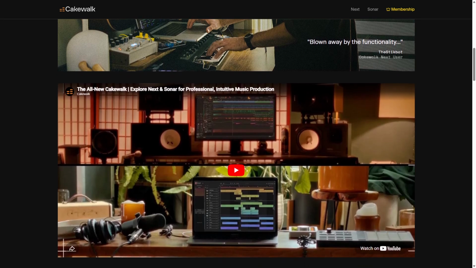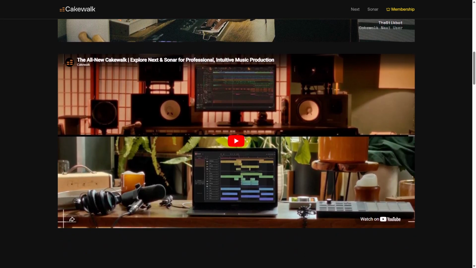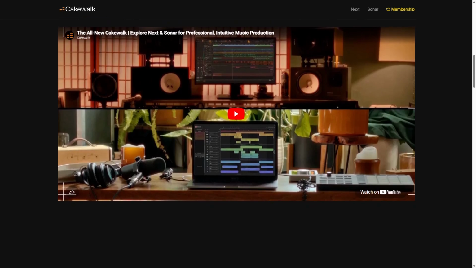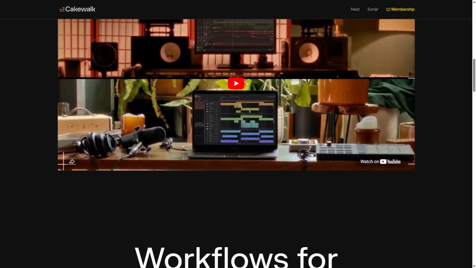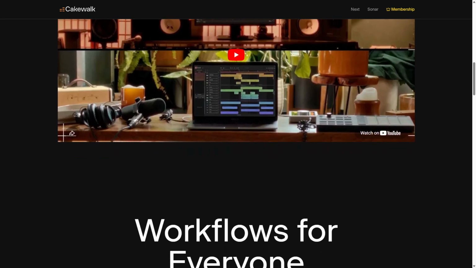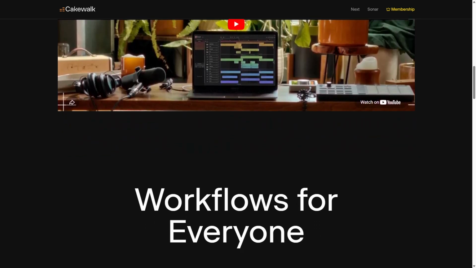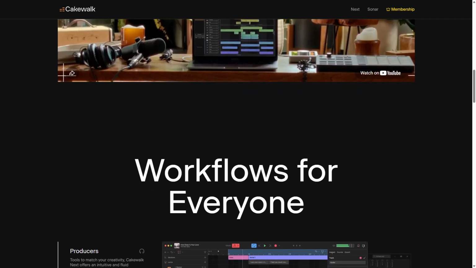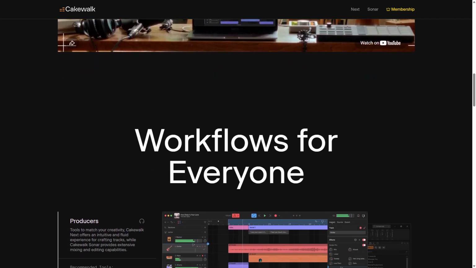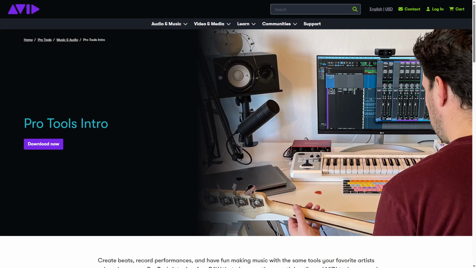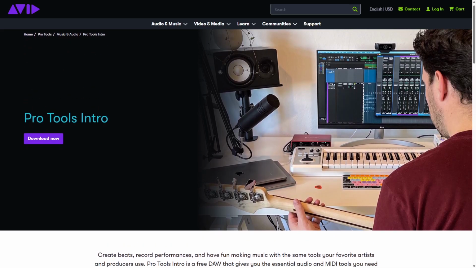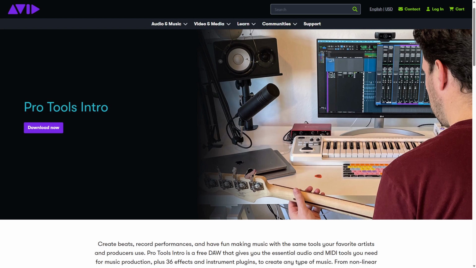It's ideal for hobbyists, independent musicians, and producers who want professional capabilities without the cost. Cakewalk's zero price tag combined with robust functionality makes it a strong choice for those starting out or working on Windows-based setups. Pro Tools, developed by Avid, is a professional-grade digital audio workstation, widely used in studios for music production,